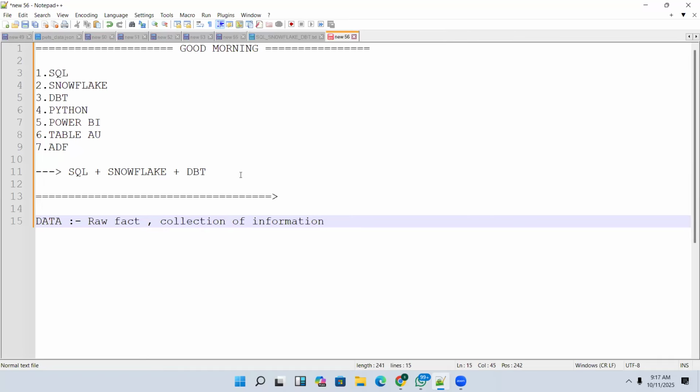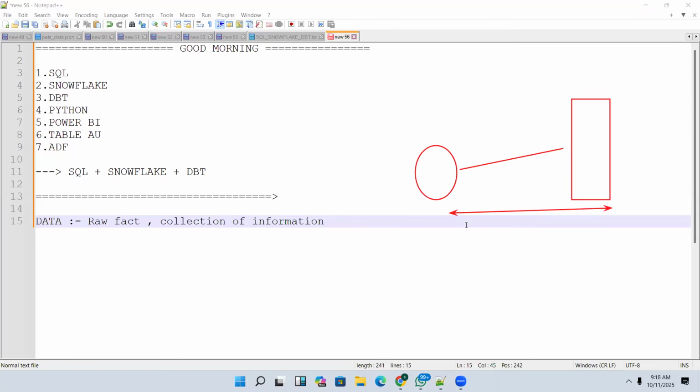See guys, nowadays we are generating data in different ways, through whatever transactions we are doing and whatever actions we are performing. Transactions means if you go to any ATM machine and withdraw some money, you have done a transaction, and indirectly you are generating some data. As a user, if you go and withdraw some amount, you performed an action, and through this action data will get generated.